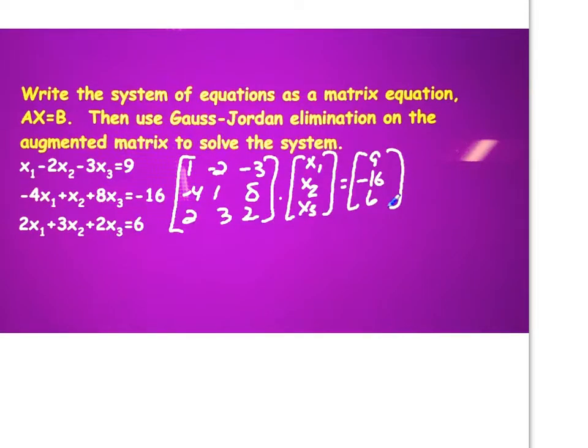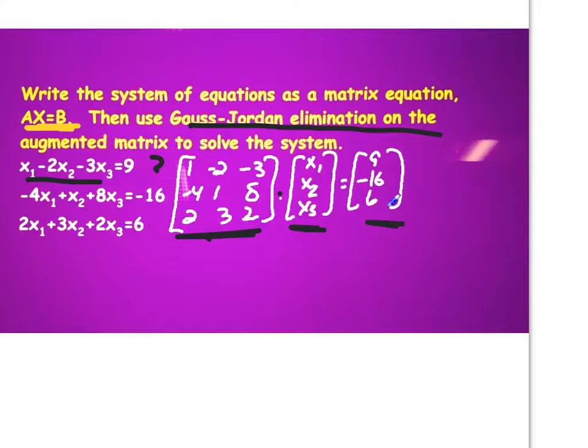Directions here say about the system of equations is a matrix equation, A times X equals B. And that's as far as we're going. The directions in your book are going to say this also, because we did that last week, use Gauss-Jordan. We're not going to actually solve it using augmented, because I really want you to know how to set up a matrix equation. So what you do is you take all your coefficients, set that into one matrix, take your variables, put it in the next one, you're multiplying those,